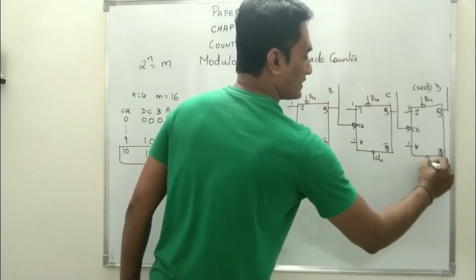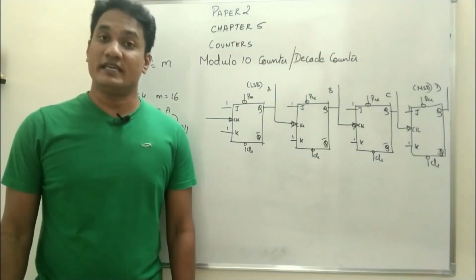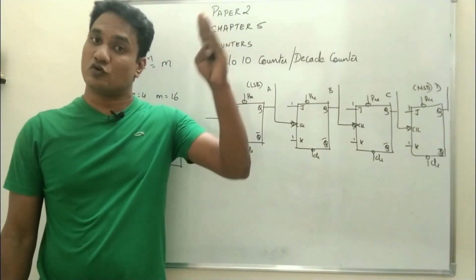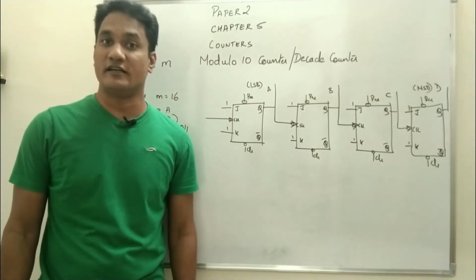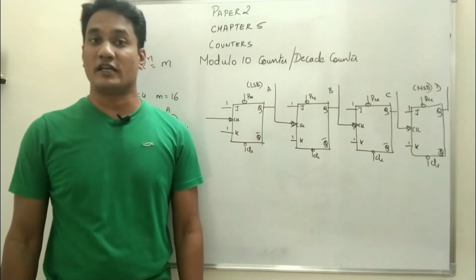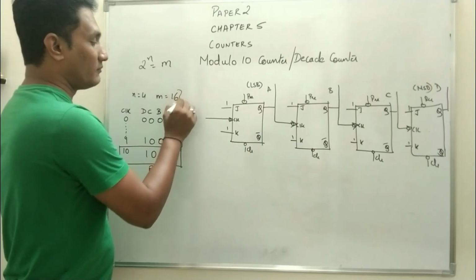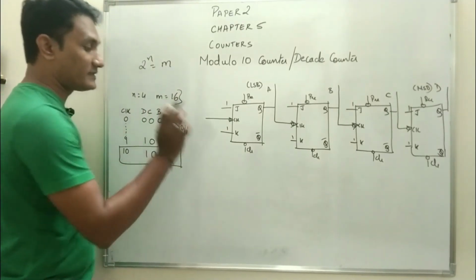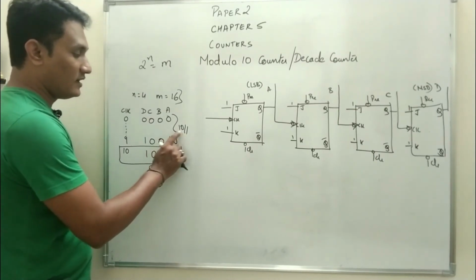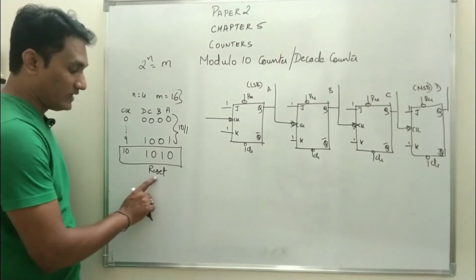The circuit is exactly the same as the first counter circuit which we have designed. But if you keep the circuit exactly the same, it will start counting from 0 0 0 0 to 1 1 1 1. We have already seen, and only after 1 1 1 1 it will go back to its initial state. So the total number of discrete states will be 16, 0 to 15. But what we want is 10 discrete states. So we should check what should be the content of the counter at the end of the 10th clock pulse, where we have to reset the circuit.